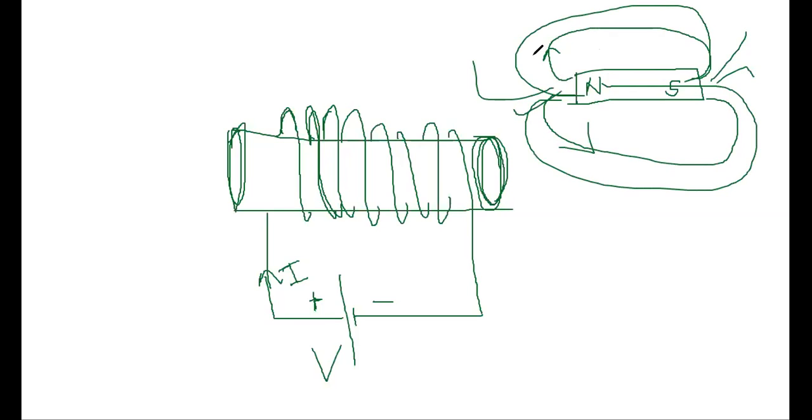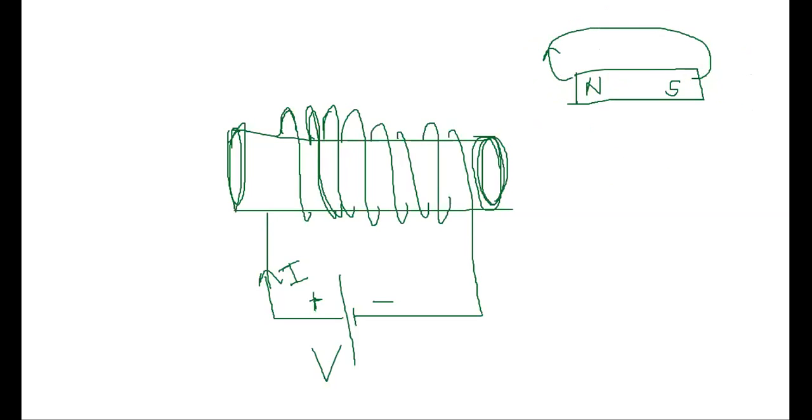This is the bar magnet. So a solenoid exactly acts like a bar magnet. Just simple, keep it in your mind. See, as this is the solenoid, how will the field be? The field will be like a bar magnet. So this end I'll consider as N, and this end I'll consider as S.